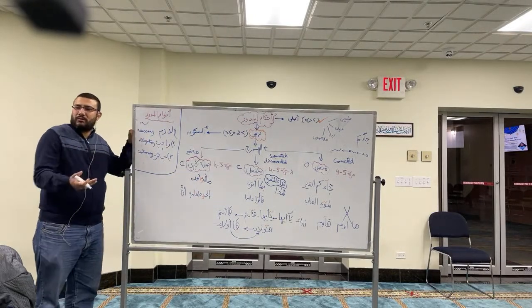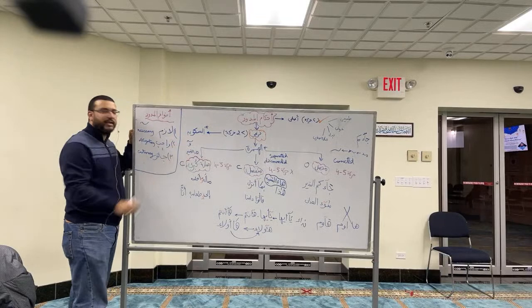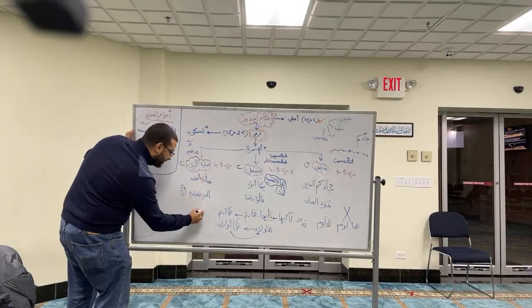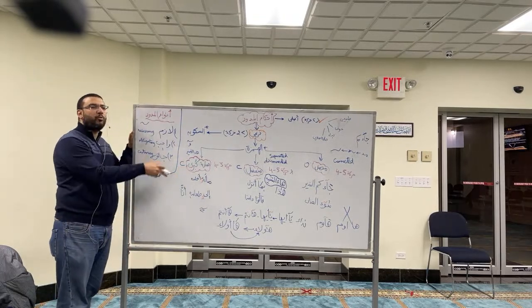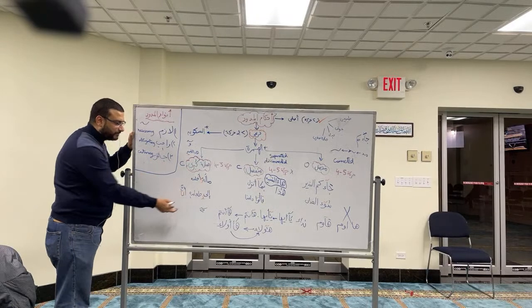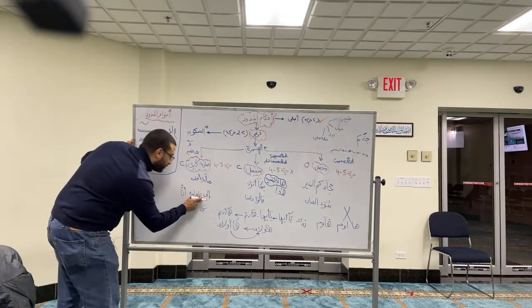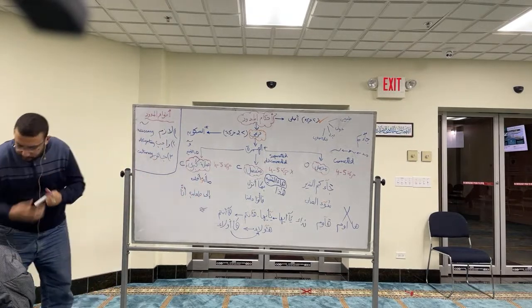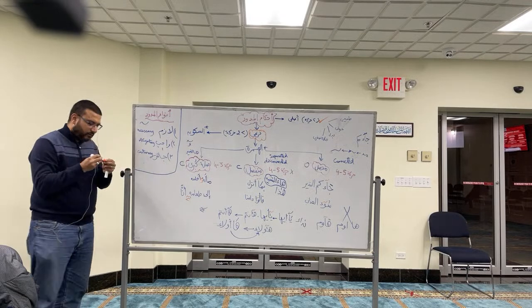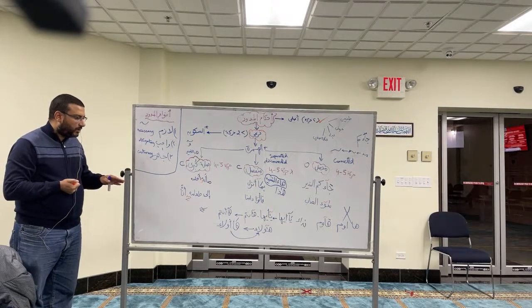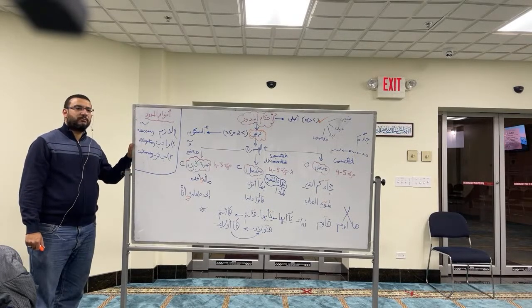What is the Sila Kubra difference? You will see alamat al-mad, this alama. So you will see a waw with this alama on top of it, or you will see a ya with this alama over it. Now this is telling you this is 4 or 5. This is Kubra. This one is in Surah Abasa. فَلْيَنْظُرِ الْإِنسَانُ إِلَى طَعَامِهِ. Sorry, I put it wrong here. It's not here. فلينظر الإنسان إلى طعامه أنا صببنا الماء صبا. Okay?